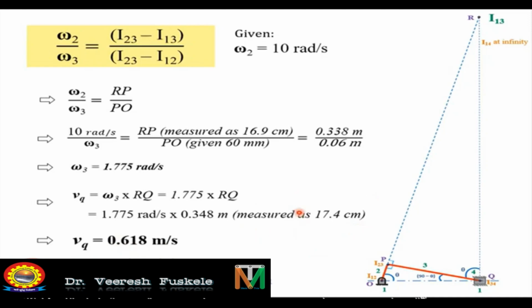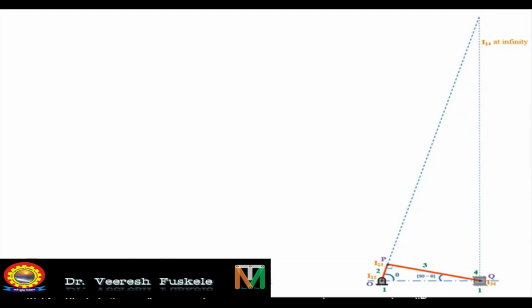But as I told you earlier, this problem was asked in GATE 2014. So in the GATE examination, it won't be possible for you to solve this problem graphically. So now we will solve this problem analytically using geometry. For doing that, we have this diagram as earlier. So I13 was located here and this was point R.